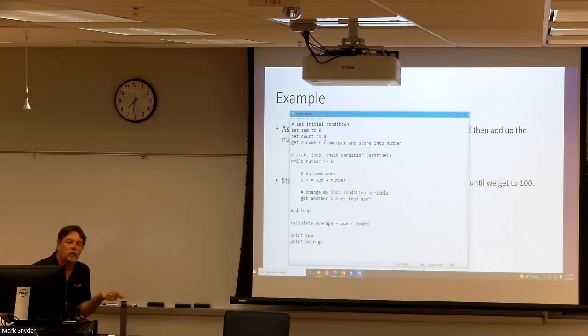How do I get the count? If this loop loops 5 times, I got 5 numbers and added 5 numbers to sum, then I know that the stuff inside this loop executed 5 times. So if I could just do something inside this loop so that when I left the loop, count contained the value 5,